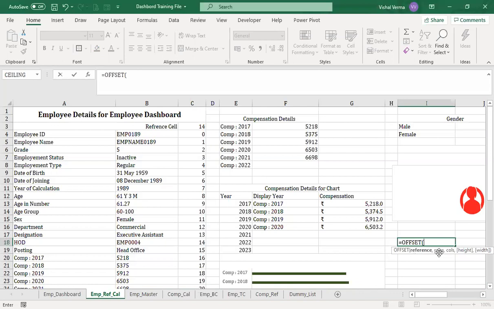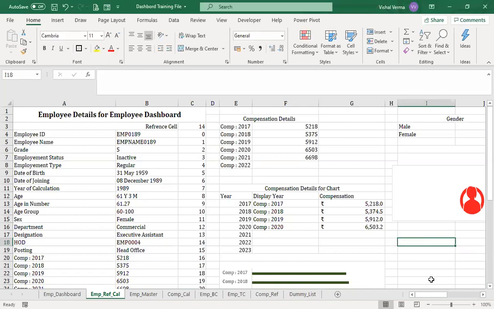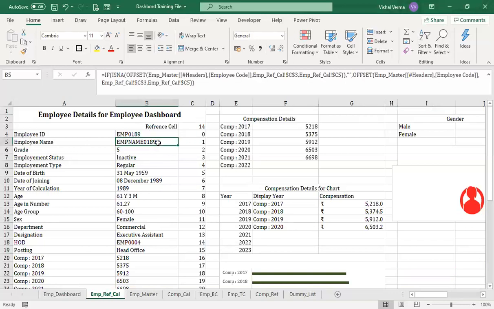It moves towards your left hand side or right hand side on the data, and then you move towards up or down. So there you reach some place, and the offset function will give that particular address, and on the basis of that address you will get the detail. That is how the offset function works, and it will give us the value. So we're getting the employee name here.